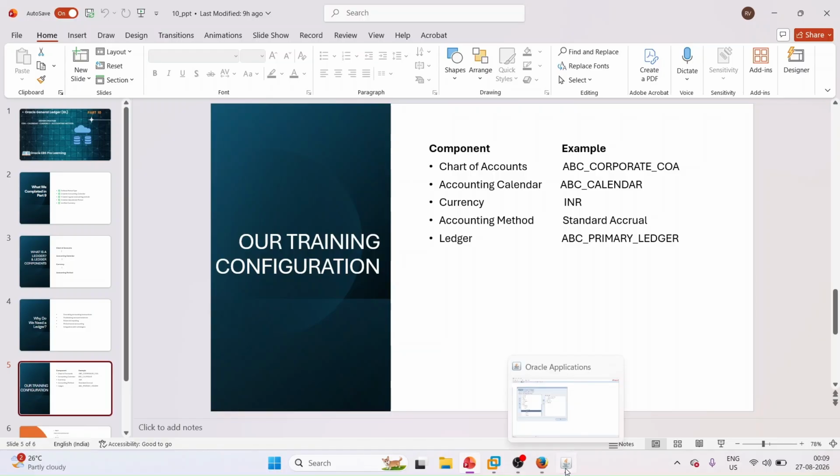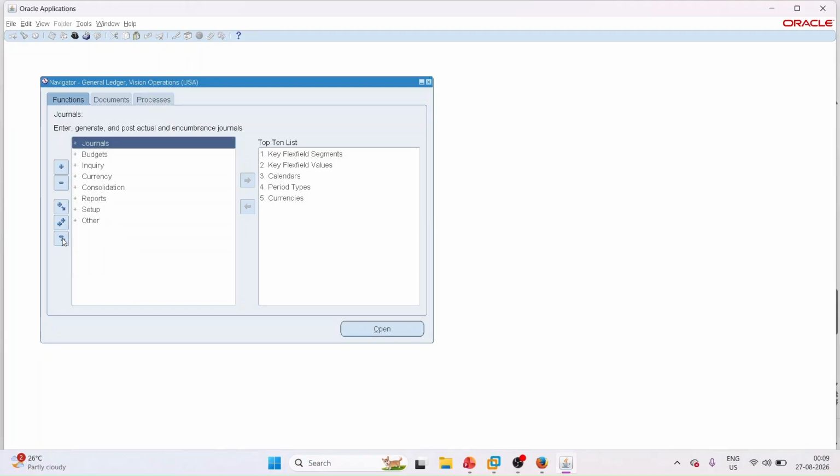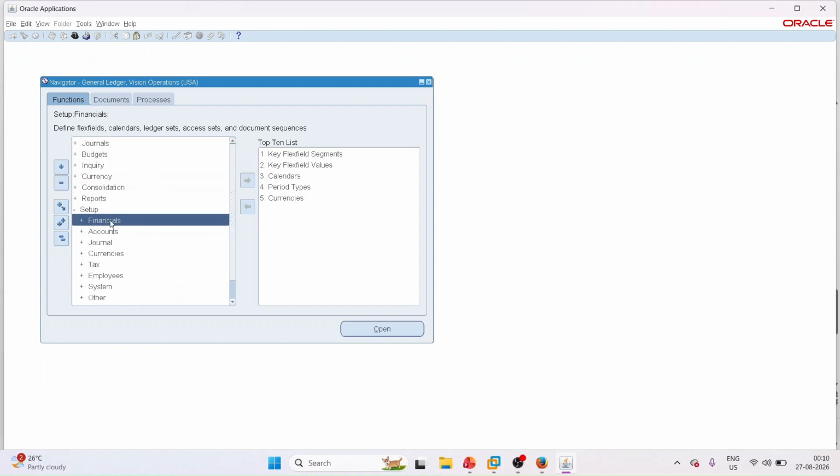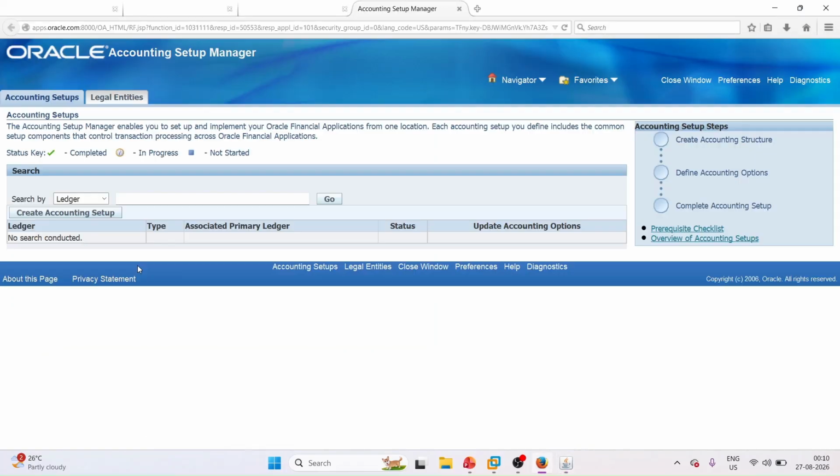Go to the application. Navigation is Setup, Financials, Accounting Setup Manager, Accounting Setup. So here, this is the HTML form. Before we create our ledger,